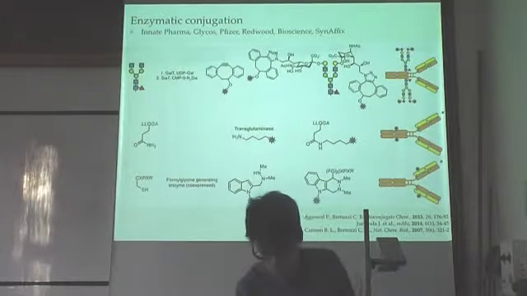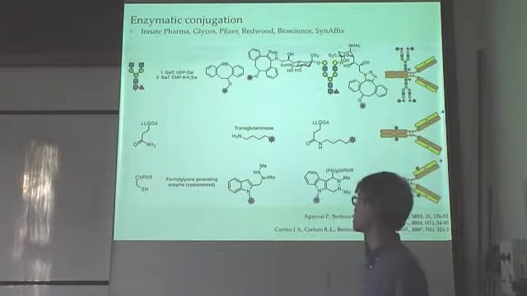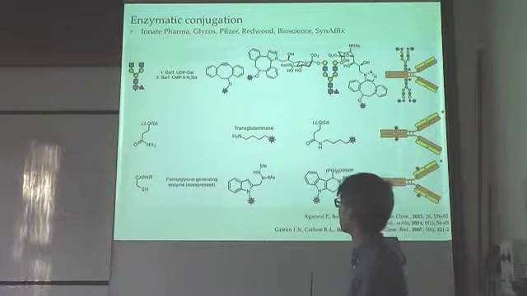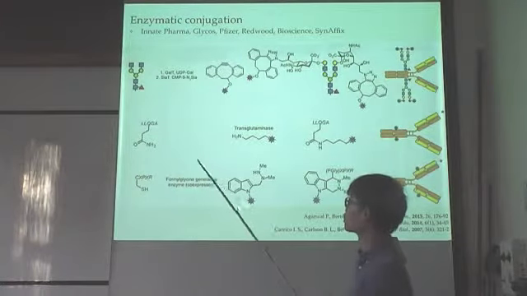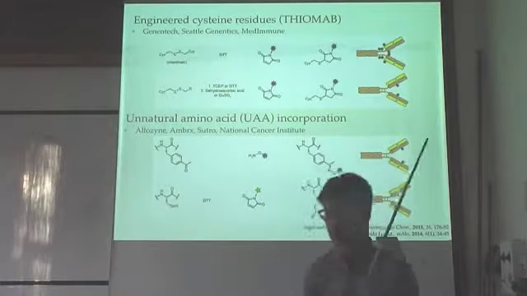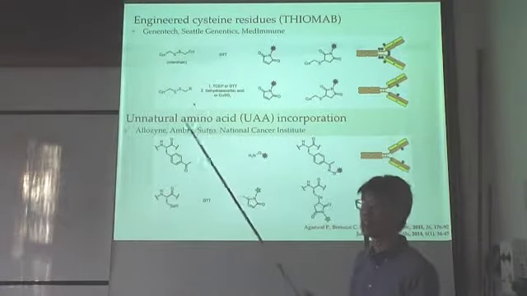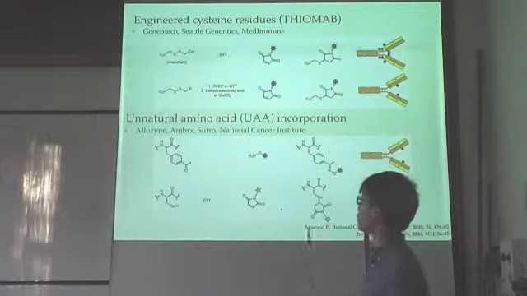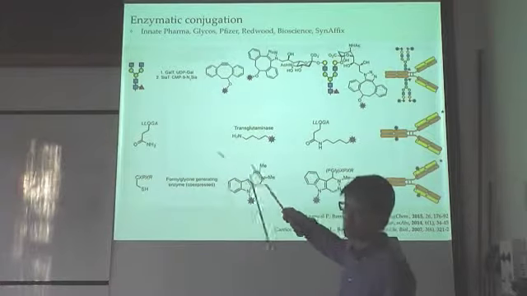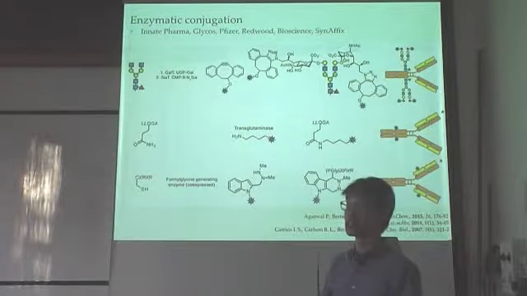I wouldn't say that there is one method which trumps every other method, but every method can complement each other. Some antibodies would be difficult to find a place where you can incorporate this peptide tag. So if you use the traditional thiomab, where you don't actually need to incorporate any sort of peptide tags, that might be slightly advantageous. But if your drug molecule can only be made with an amine molecule or that sort of molecule, then having the peptide tag might be beneficial as well.